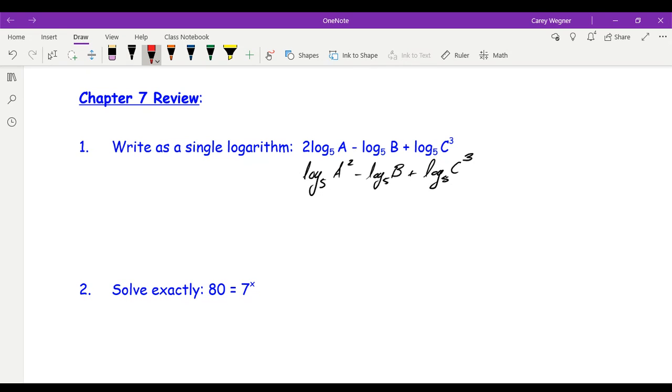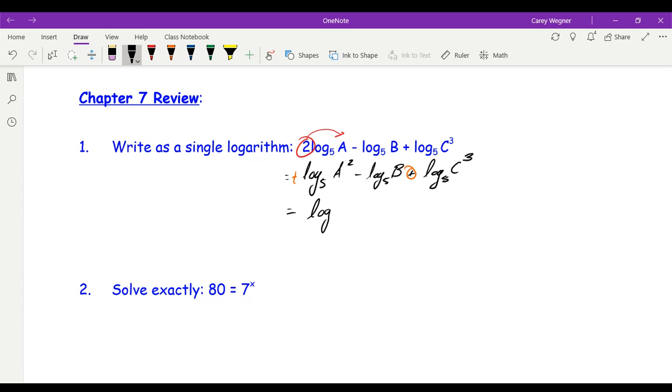So here you have my first step for question number 1, where this 2 that was in front of the logarithm, I needed to bring into the exponent before I could combine the logarithms together. And now that I have that in the exponent, I can combine these together. So again, as we looked at in our previous lesson, since this is a positive logarithm, and then we have an addition sign in front of that third logarithm, I can combine those two together and say I'll have the